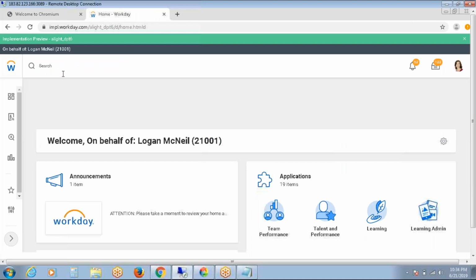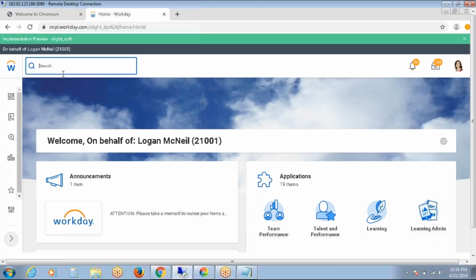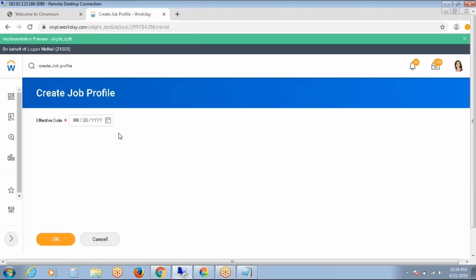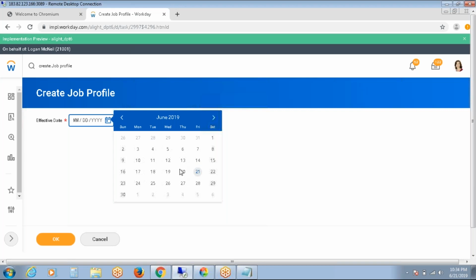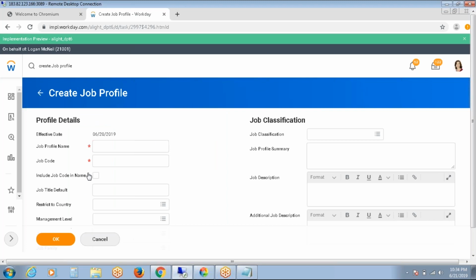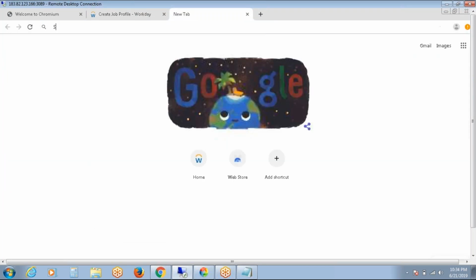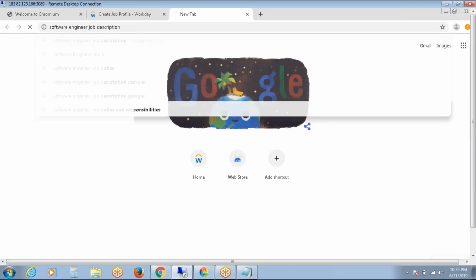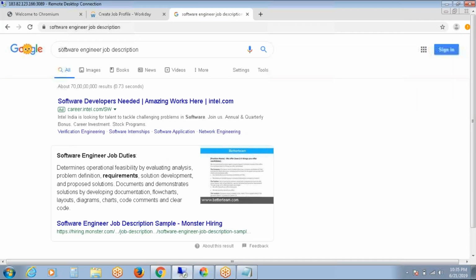I am going to create accordingly. Create job profile: Software engineer.